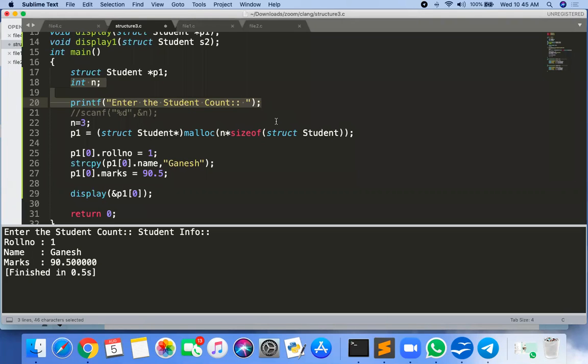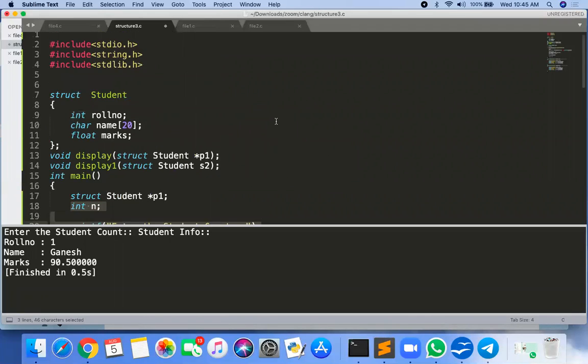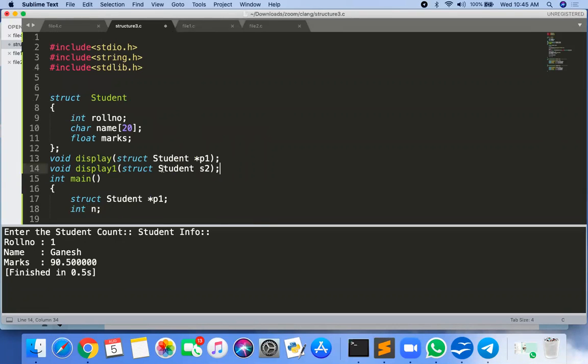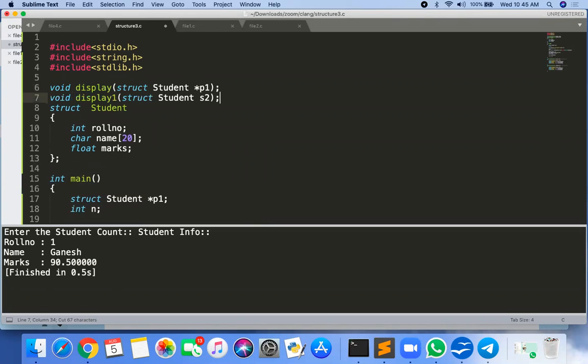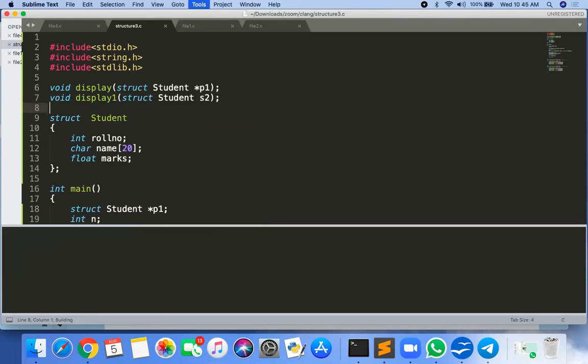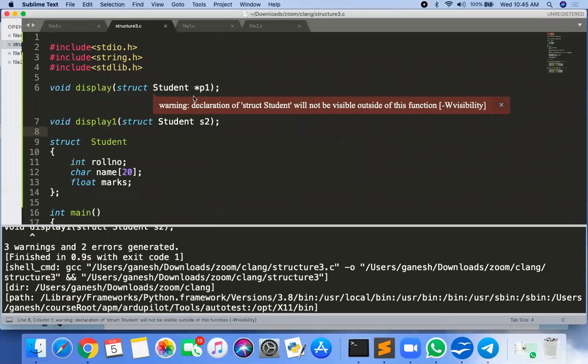Sir, can we put this void display 1, void display 2 declaration before struct student? No, no. This is a very, very good question. If you give this declaration before that, there is an error. Because when the compiler goes to declare the display function, it doesn't know what struct student is, because struct student is declared after this.